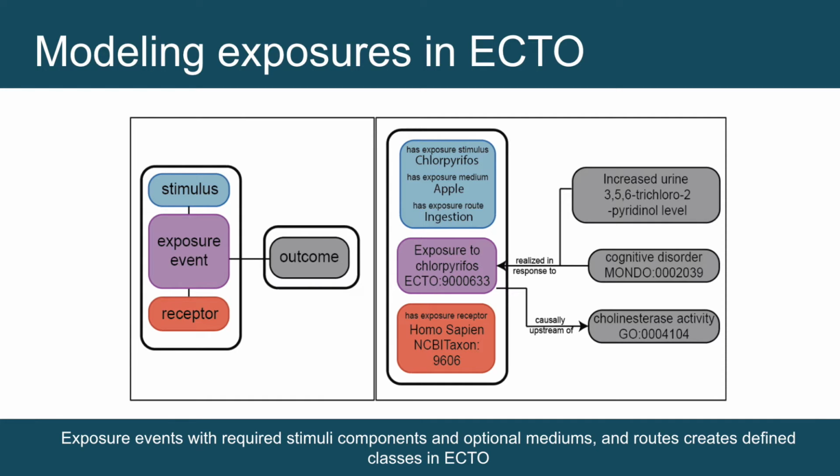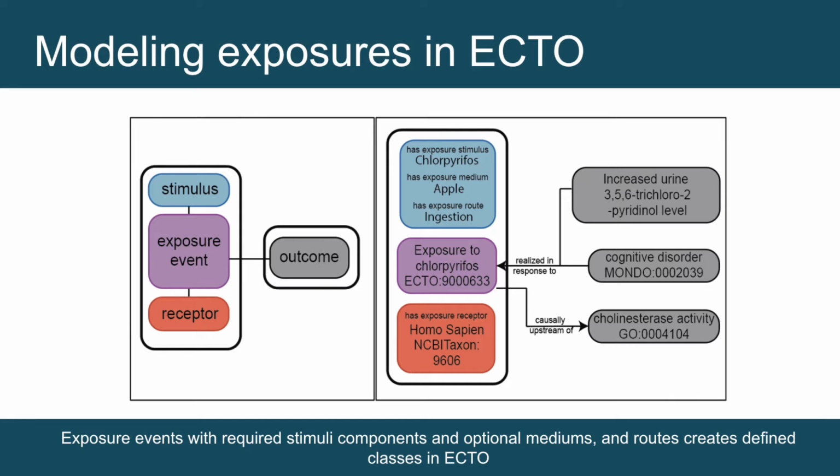If we look on the left-hand side, you can see that there's stimulus, exposure event, receptor, outcome, and we can translate that whole schema into more specific types of terminology. So we could utilize this exposure event, and instead of just saying there's an exposure event that occurs, we could be talking specifically about an exposure to chlorpyrifos. If you're familiar with chlorpyrifos, it's an agricultural chemical that can be sprayed on a variety of plants. And so in this instance, you can see that we can further model an interesting exposure to chlorpyrifos,